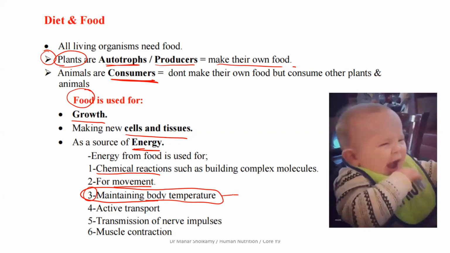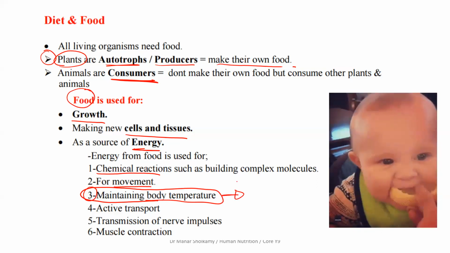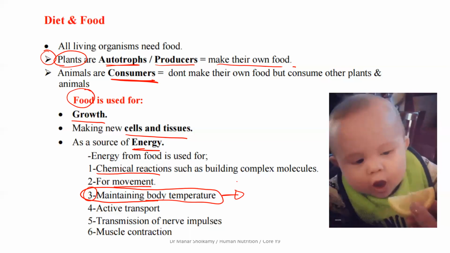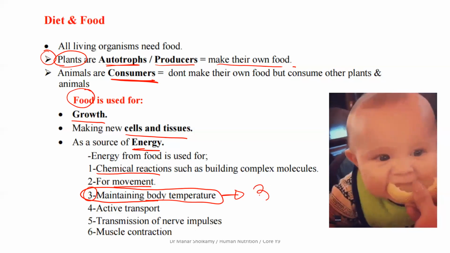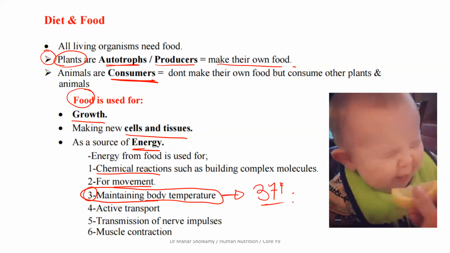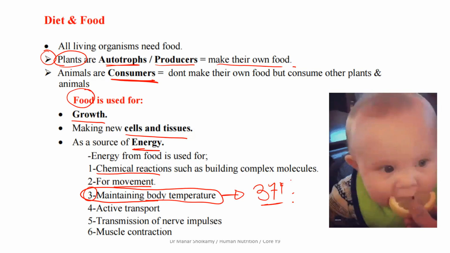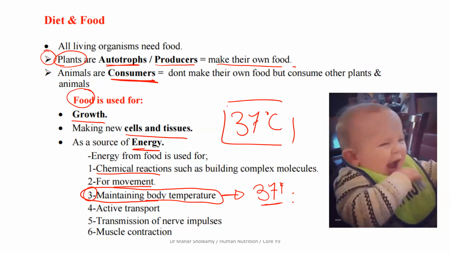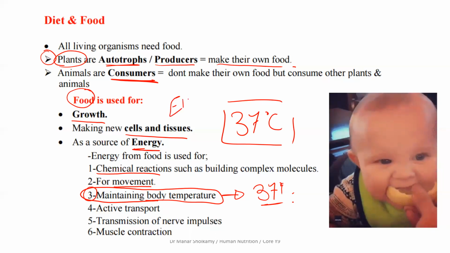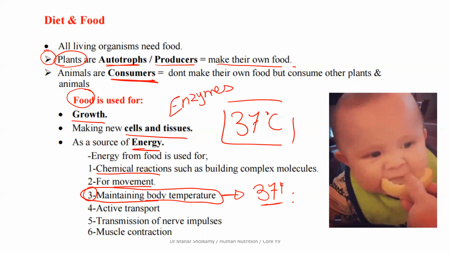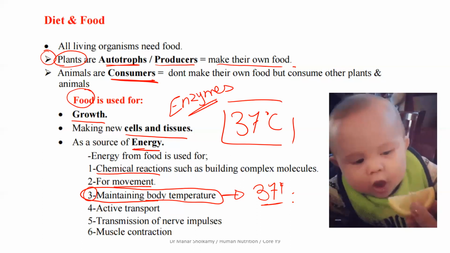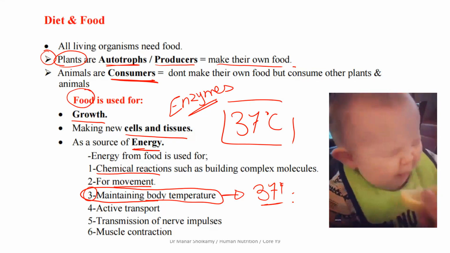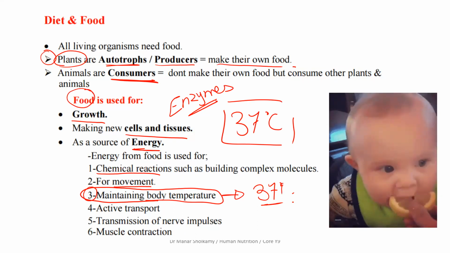Now, of course, you all know we are warm-blooded animals or cold-blooded animals. Warm-blooded. We are, of course, warm-blooded. In other words, our body temperature is always 37 degrees the whole time. And why is this important? Why should we always stay 37 degrees? Because of enzymes? Excellent. Because of the enzymes in our body. These enzymes, you know by now that they catalyze all the chemical reactions and they have an optimum temperature in the human body. If the temperature changes, this will affect our enzymes and this can be fatal.